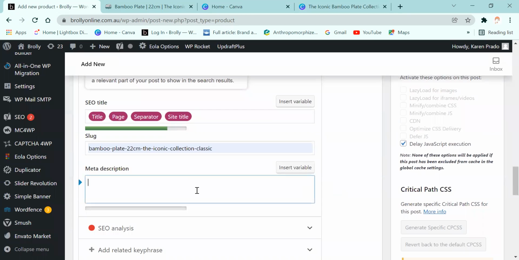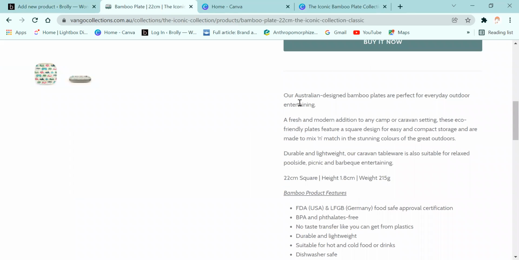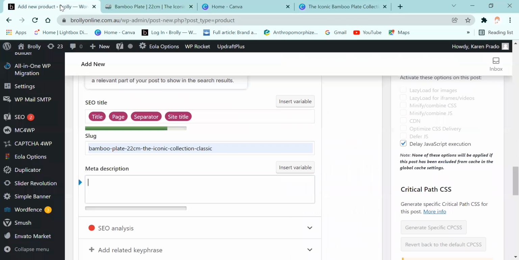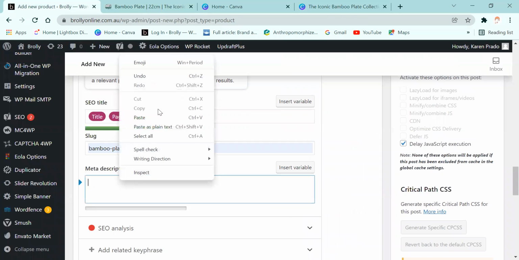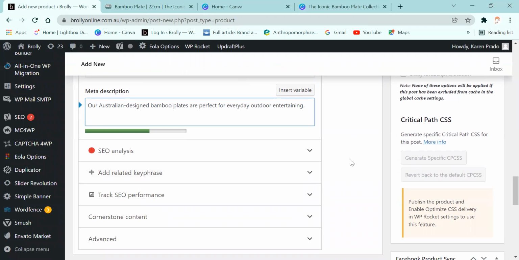Okay, and then after that, we're going to add the meta description. For the meta description, you can take that from here. I'm just gonna add a one-liner, just this one. So it's like a quick preview of what the product's going to be when your site visitor sees it, when they find it at the search engine. Okay, so after that,